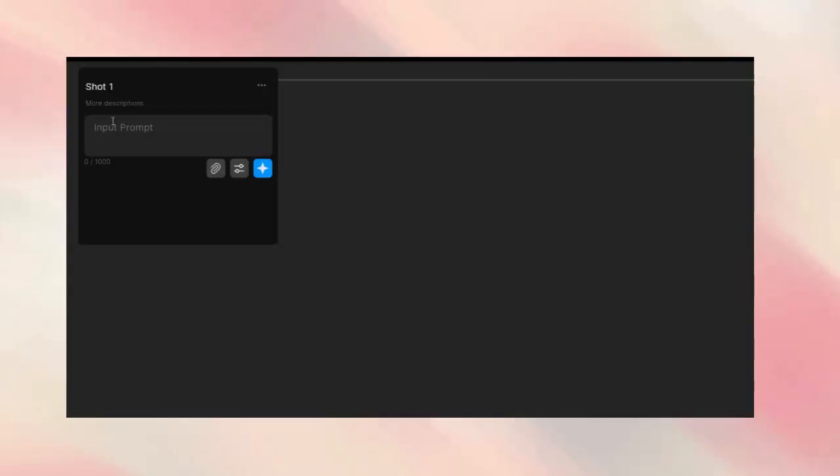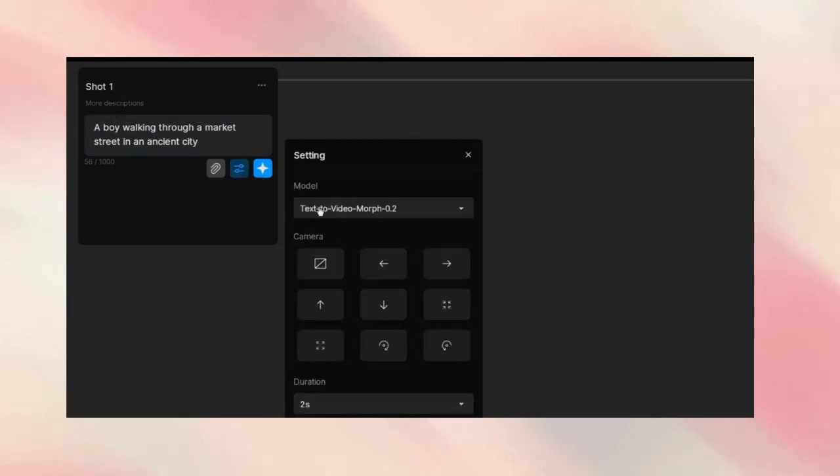Let's start with text-to-video generation. In the prompt box, write the prompt you want for your image, such as a boy walking through a market street in an ancient city, and add the style you prefer. After entering your prompt, you can choose the video generation model,